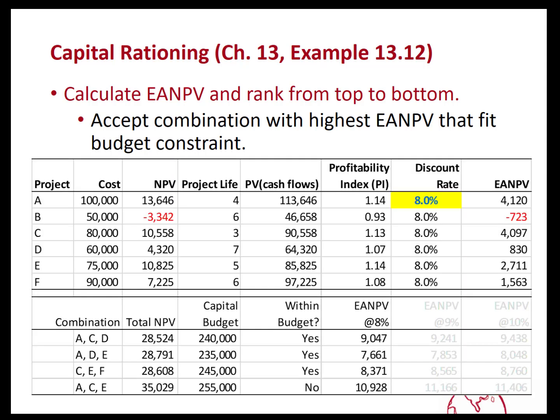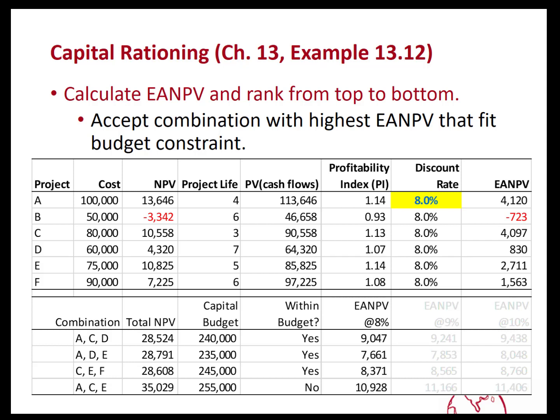Okay, so here we have the 6 projects again. Notice that now we're using a discount rate, and for simplicity we've just assumed an 8% discount rate for all the projects. And on the basis of that we can calculate the equivalent annual NPV, which is the payment on an annuity with that life that would generate the NPV up front. Project A is going to be the best because even though it's the shortest project life, it generates the most